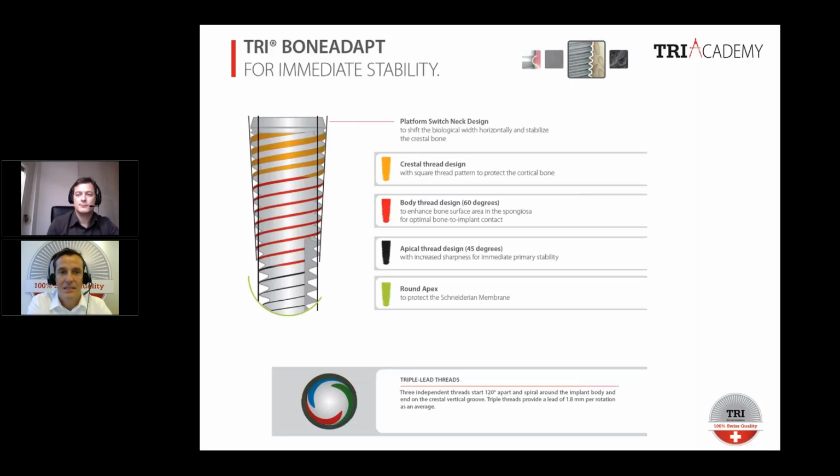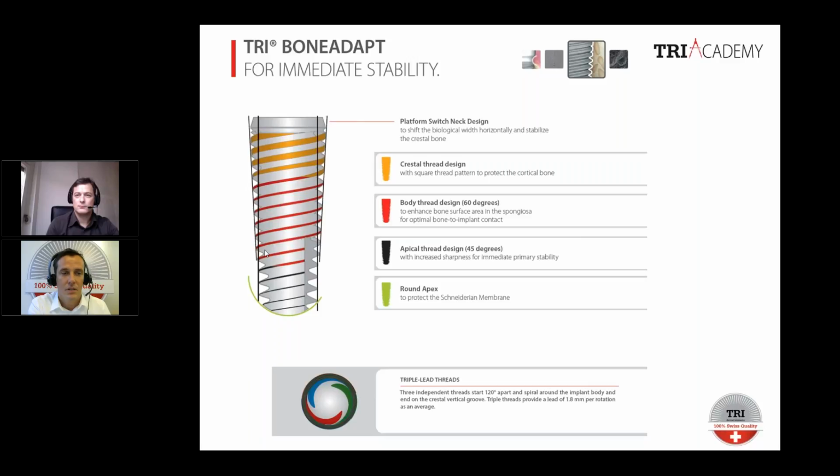The bone adapt is describing the implant design. So the tree dental implant has a conical tapered design, as you can see here. And we have more or less 3 different steps of thread designs. So in the lower part, the black area here in the apex area is with a 45 degrees angulation of the thread, very aggressive. So you can have a self-cutting area here,